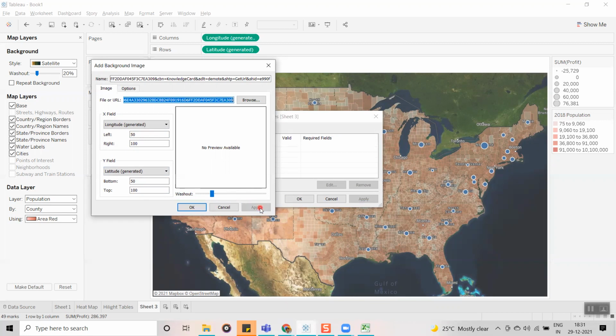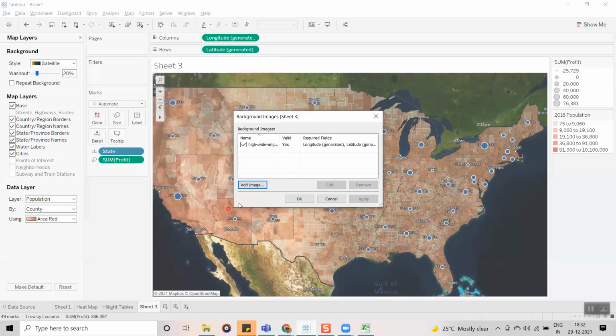Yeah, I will explain it to you guys. What we have to do is create a field. Whenever you create a field, it is going to be available here, so we have to select that field. Okay. I will explain how to import the background images in the later sessions.